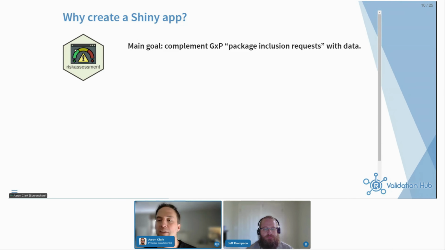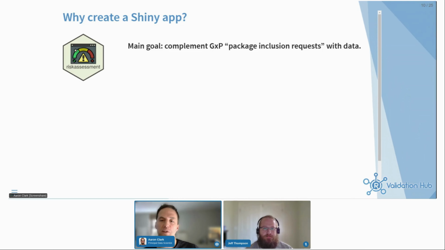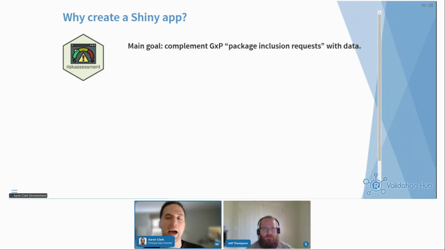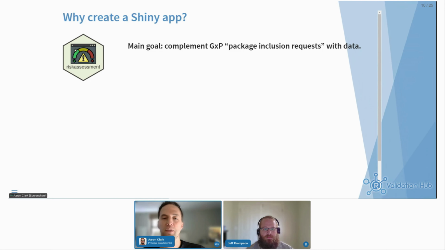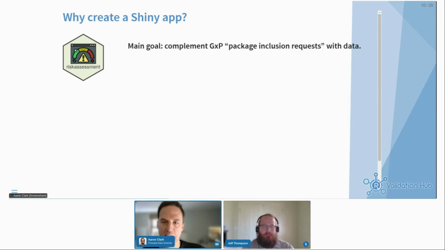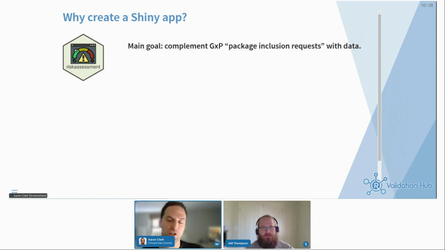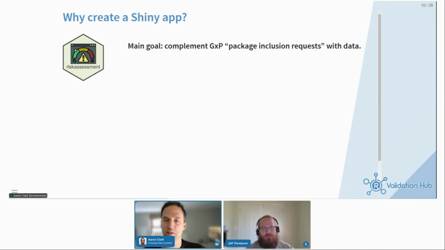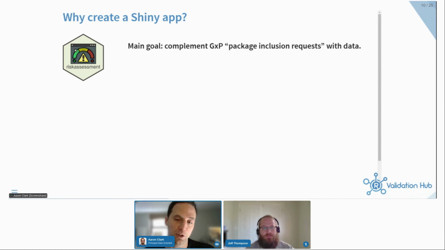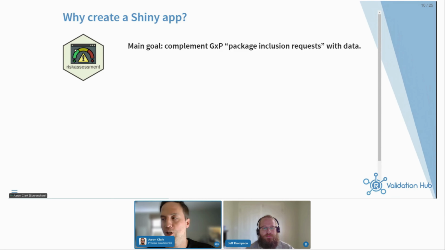Okay, so why create the Shiny app? There are many reasons, but we really want to hone in on this main goal, or the highest and best use of the app. We think that it's really to complement the folks who are requesting new packages be added to the GxP environment, and it really arms them with some data. So we're not naive to think that people are using this Shiny app to be their central source for all of their validation